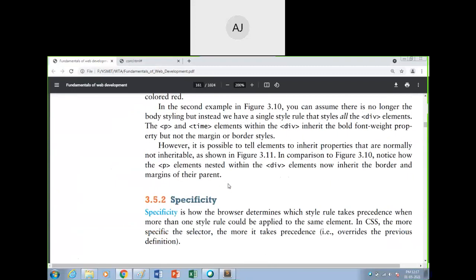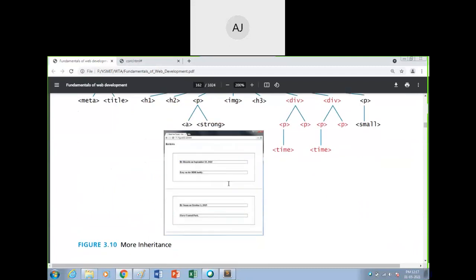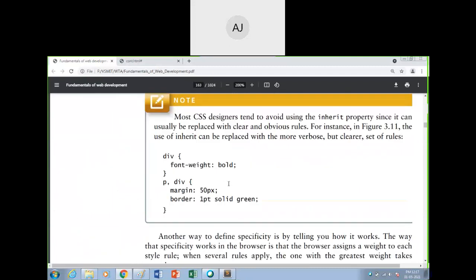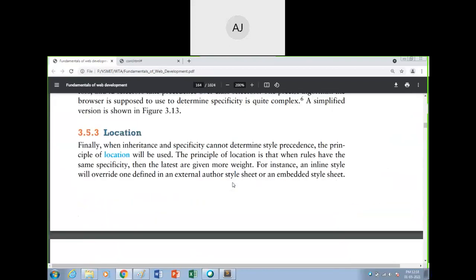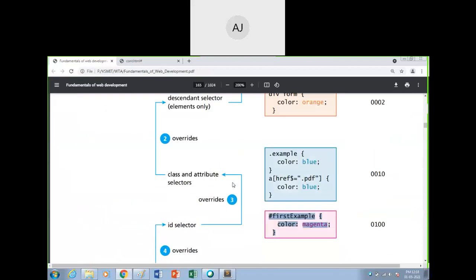This is exactly the reverse of your first one. And the third one will be location, which is about the levels: give the first priority to inline, second preference to internal or embedded, third preference to the external level. So this is all about the three concepts.